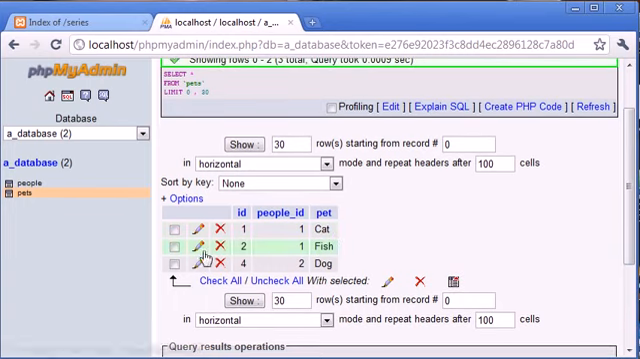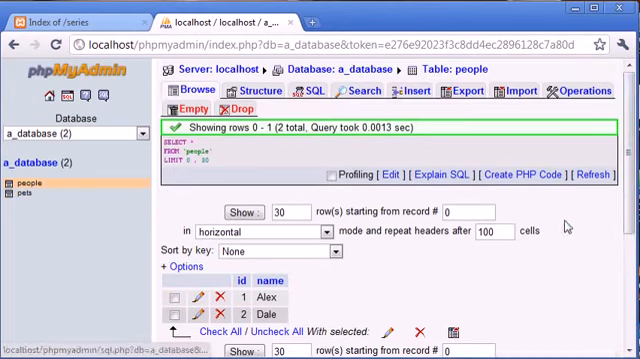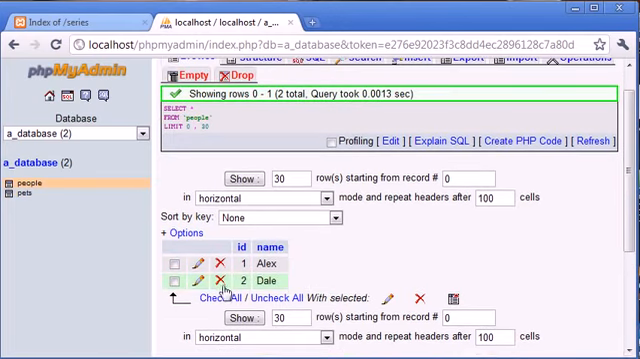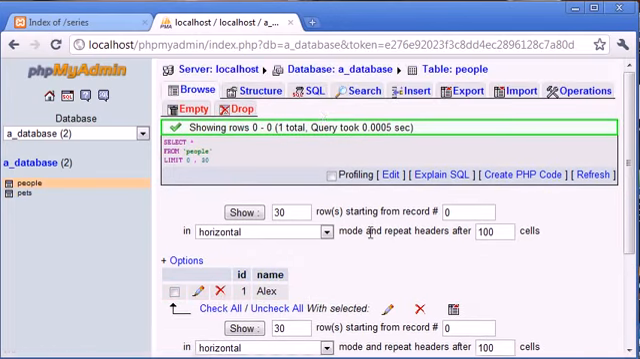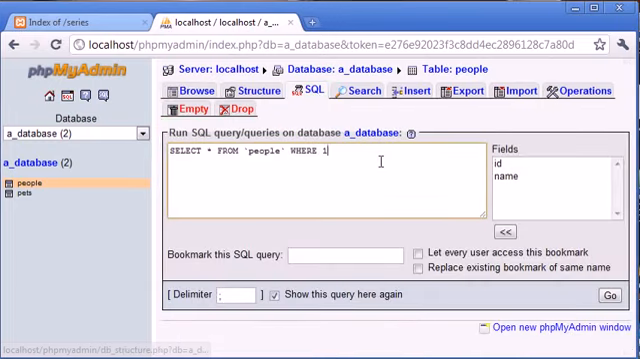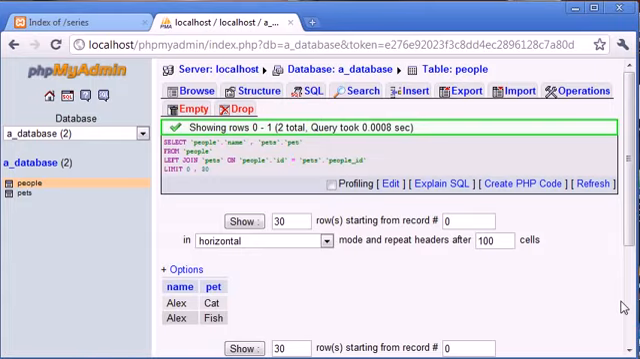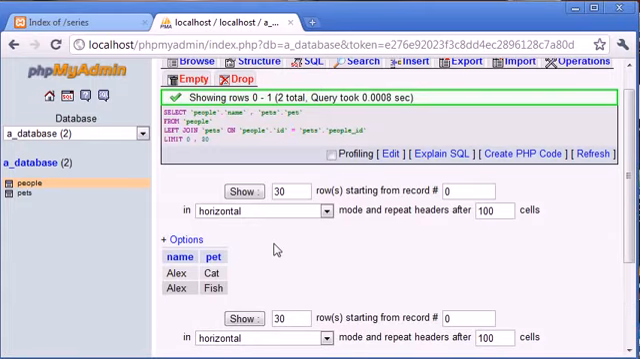Now, what happens if, for example, we have got dog, which is relative to people ID 2, which is Dale, but we delete Dale from the database? So let's delete Dale from the database. Let's go ahead and run this query again and click go. Now you can see that it's only returned Alex and cat and fish because